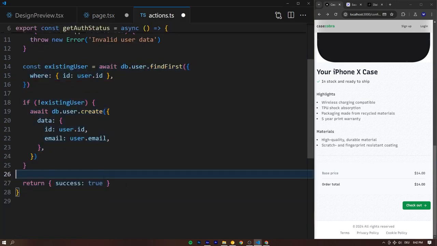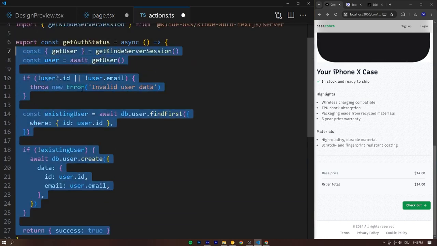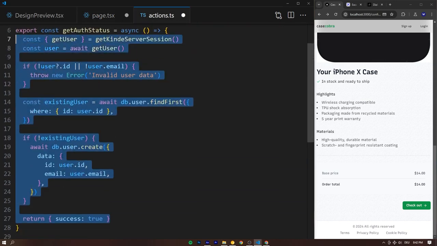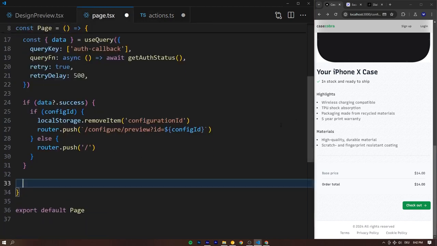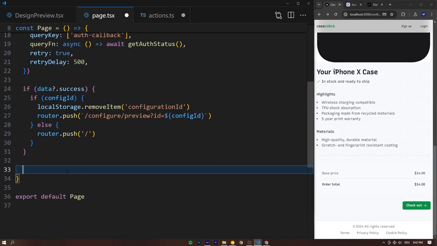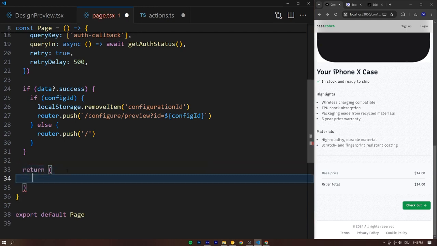Right, this will run really fast. We're doing just one database lookup, one conditional check, and maybe creating a user. This will be really fast. So they're going to be on the auth callback page for like a second, maybe. But to still provide visual feedback to what's happening, we're going to return some very basic loading state for this